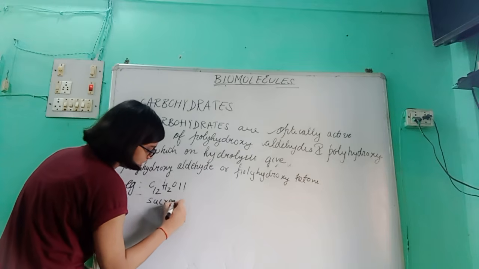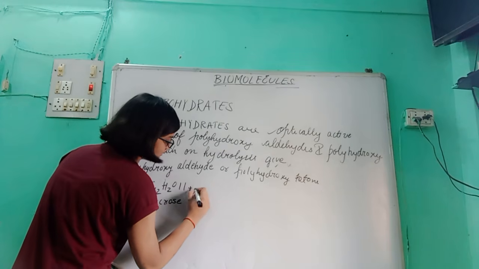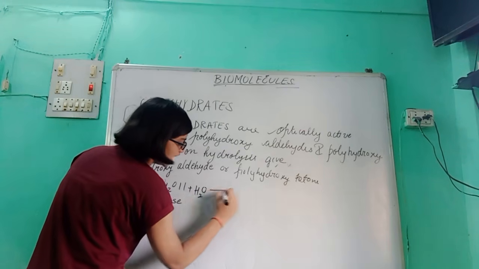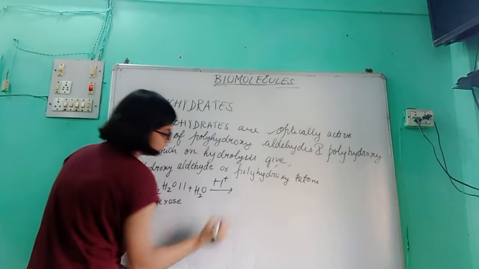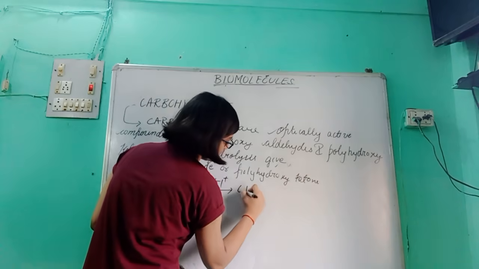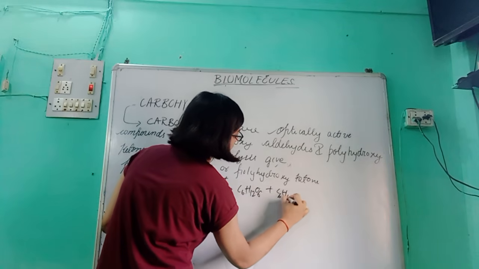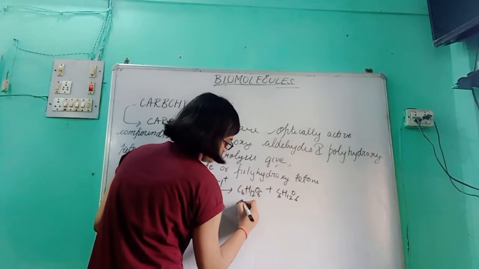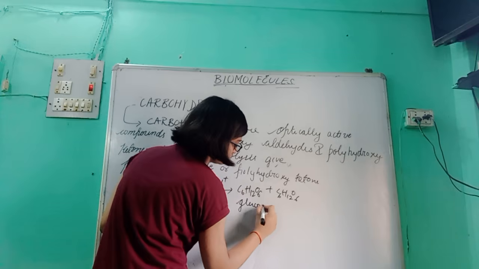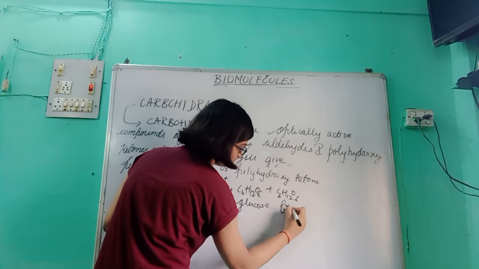It is formed of glucose as well as fructose. Now when it undergoes hydrolysis, it gives C6H12O6 glucose plus C6H12O6 fructose. Now, even though we know that the formula of glucose and fructose is the same, but